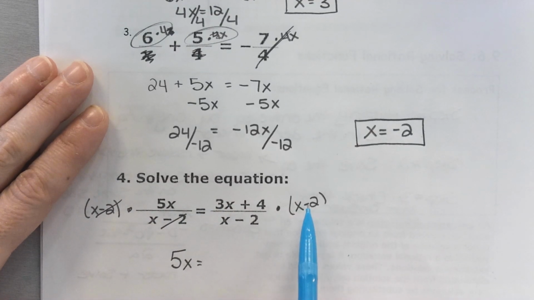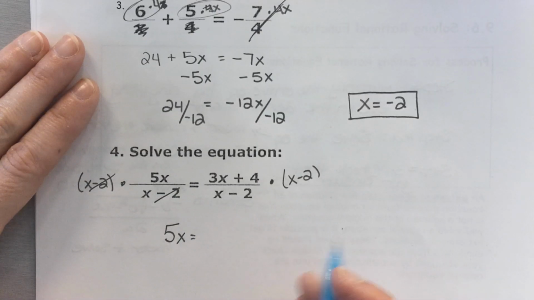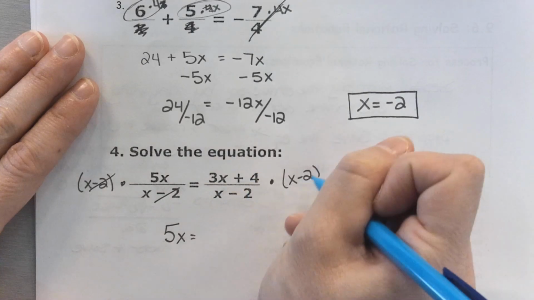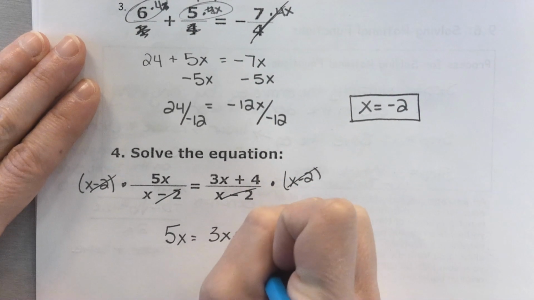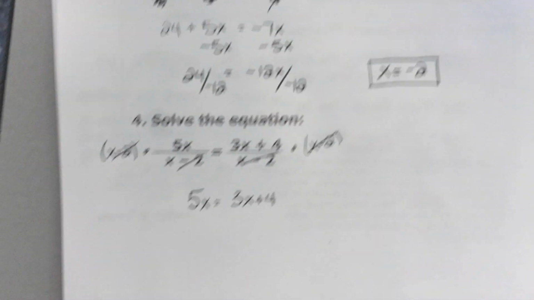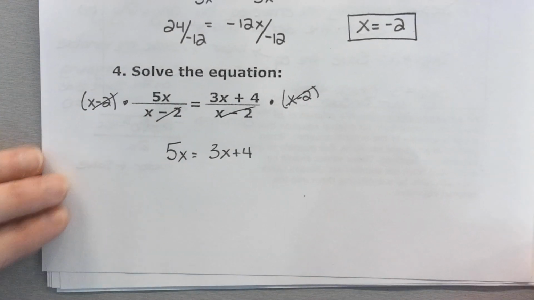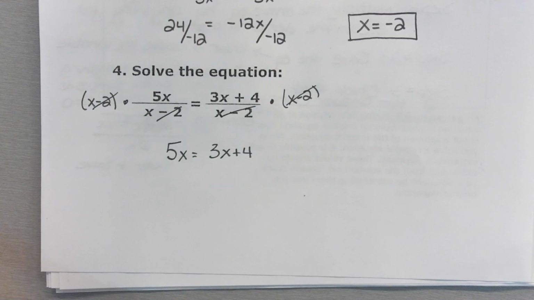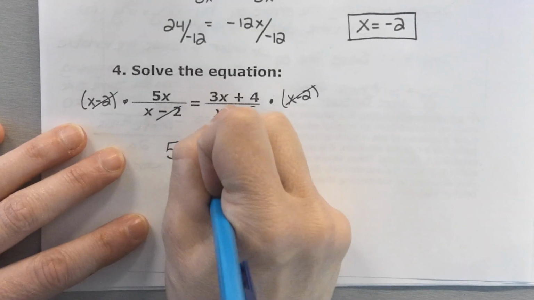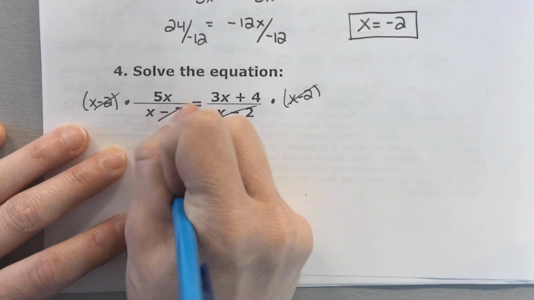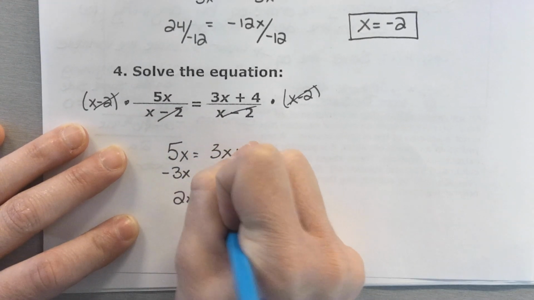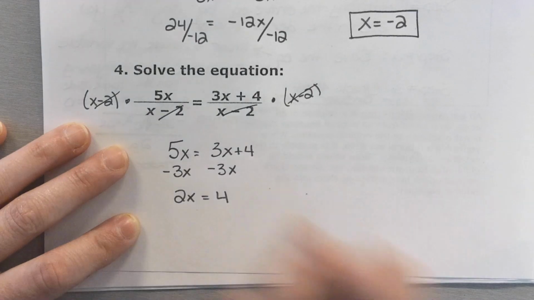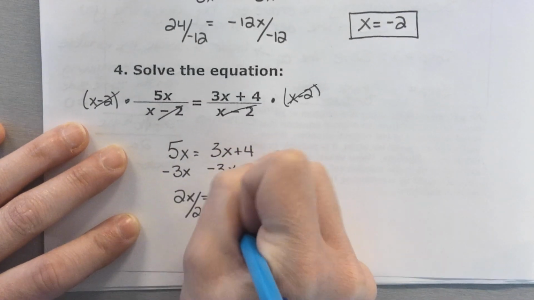If I multiply this side by x minus 2, what happens? Yeah, we just have 3x plus 4. So they completely go away. So that was lovely. Okay, now what do I do next? Yeah, let's subtract the 3x. So 2x equals 4. Then what? Divide by 2. X equals